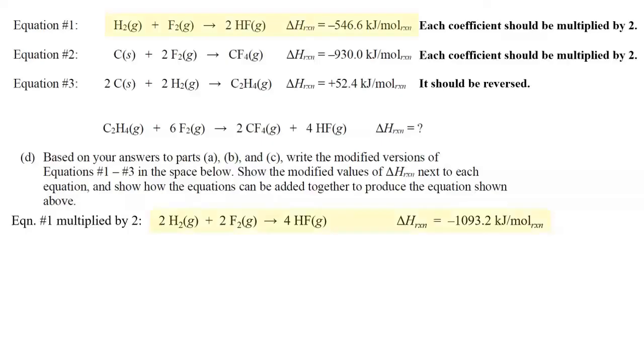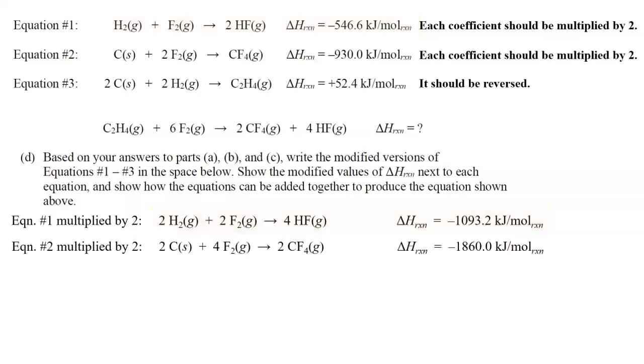The next equation, equation 2, is also going to be doubled, where each and every coefficient is going to be multiplied by 2. So when I multiply it by 2, the coefficients are now 2, 4, and 2, and I go from negative 930 in the original equation. Now the delta H is doubled, so it's negative